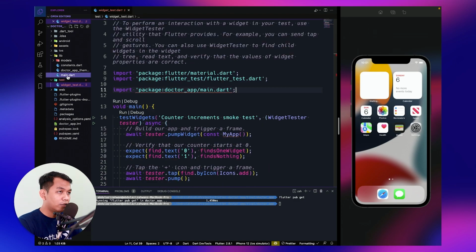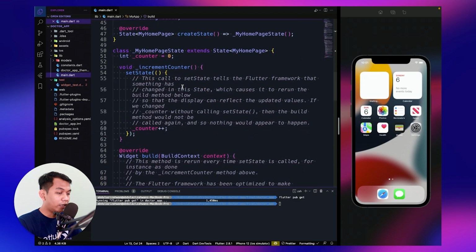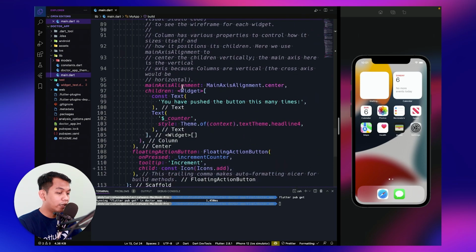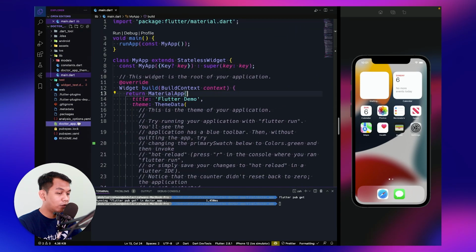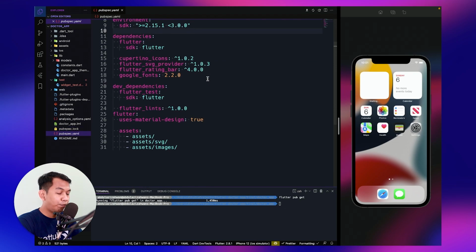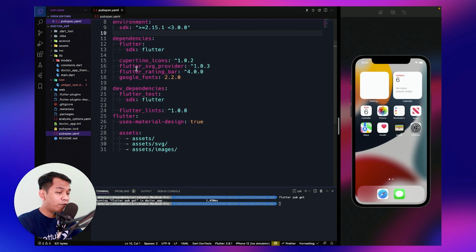Okay, so let's go to main, and this is the default Flutter starter project, which is the counter app. And let's go to pubspec.yaml, and in this pubspec.yaml, I have provided dependencies, which are flutter_svg_provider.